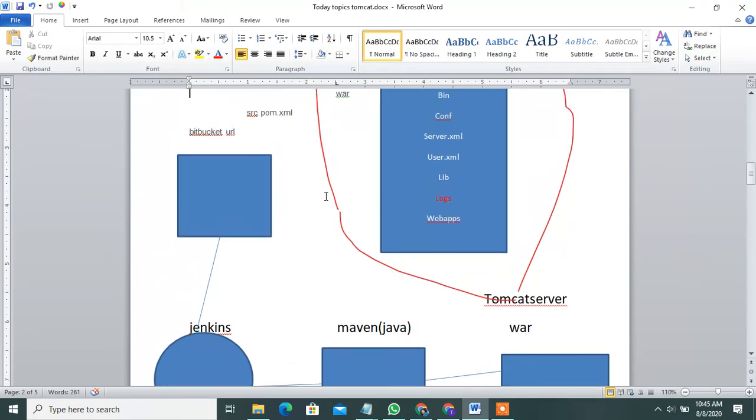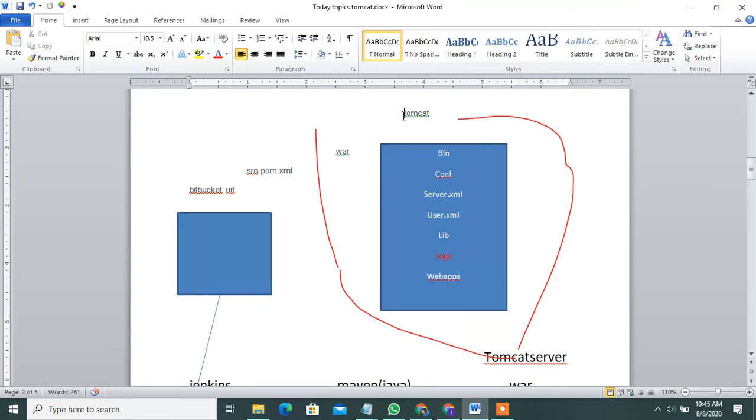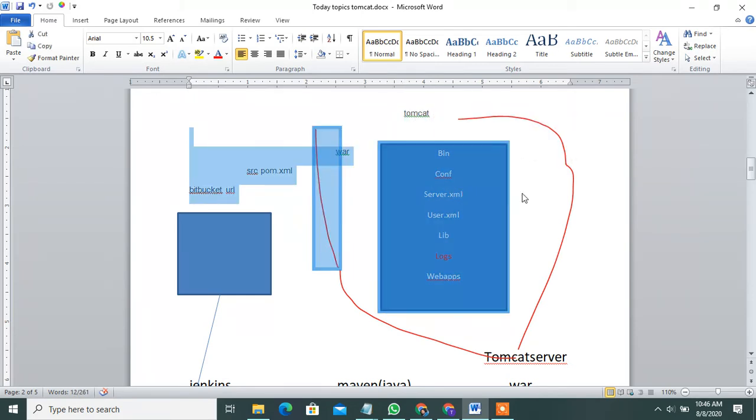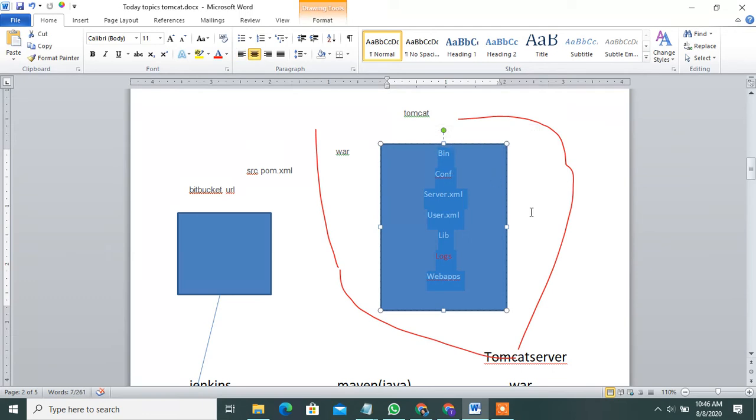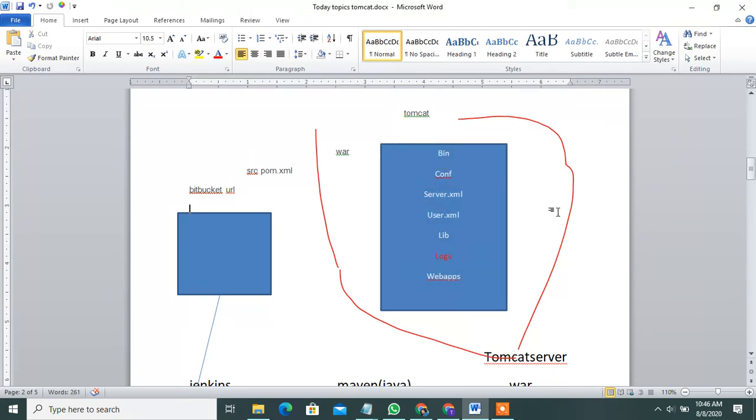observing the structure. After you install Tomcat, there are the bin folder, conf folder, server.xml, user.xml, libraries, logs, and webapps. I have already discussed all these folders: what the bin folder is, what the conf folder is, what server.xml is used for, and what user.xml is used for. Then the WAR file, how to create the WAR file, the source code and pom.xml.